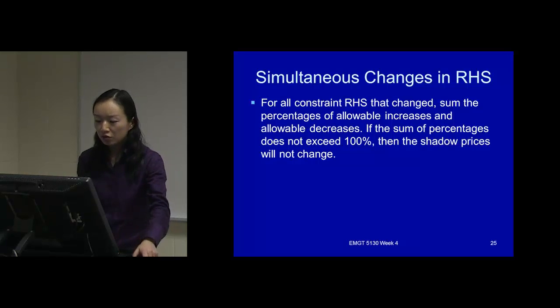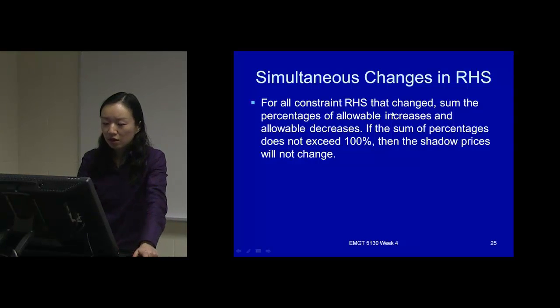For all constraint right-hand sides that changed, sum the percentage of the allowable increase and allowable decrease. If the sum of the percentages does not exceed 100%, then we know the shadow price will not change. So this is saying that if you have 3 constraints and you want to change the right-hand side of 2 of them, whether the shadow prices of these 2 will change depends on